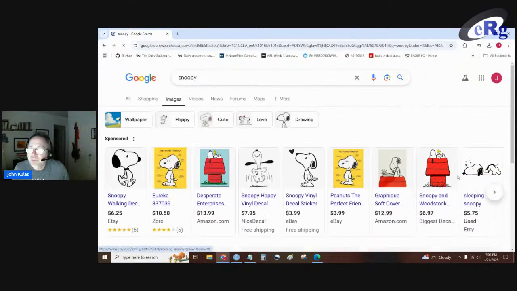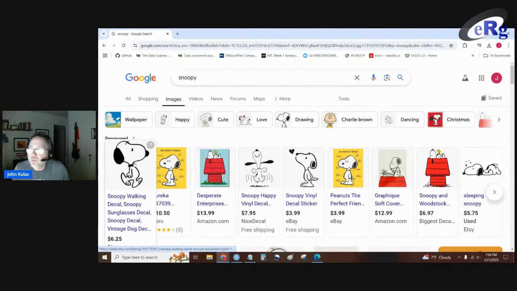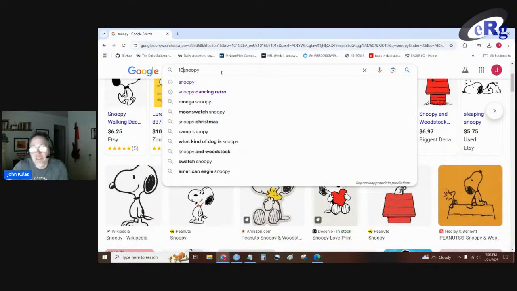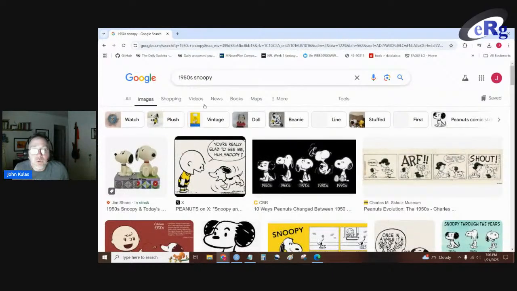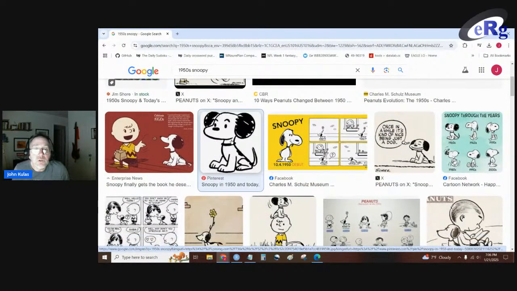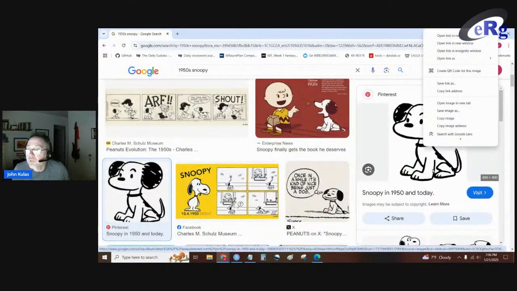So I really don't like the new Snoopy look. This is a newer Snoopy. I like the 1950s Snoopy. When he had teeth, does anyone remember that? He actually used to have teeth. Man, I love old Snoopy. Well, that's really old, I don't know about that so much. It is cute though. Yeah, we'll see if we can put Snoopy on there.